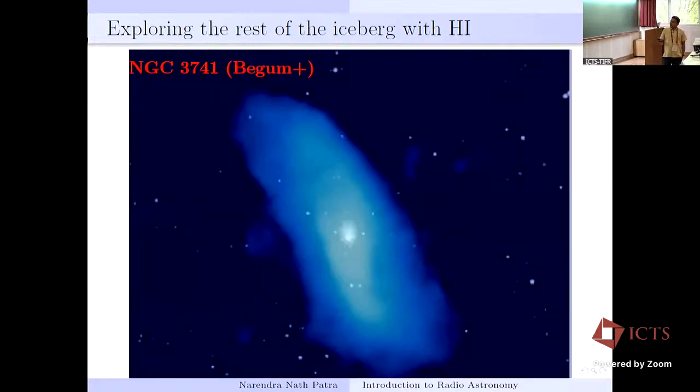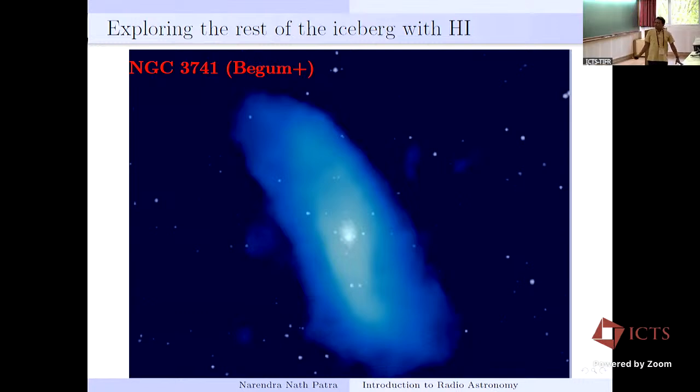And this is another pretty example. I think this image might not be very clear. You can see these boundaries, right? There is this blue vague thing, right? So this is one dwarf galaxy, NGC 3741. If you look at the optical, you see only this small part, but it has a huge HI disk. It means that this optical galaxy is small, but it has a huge reservoir of